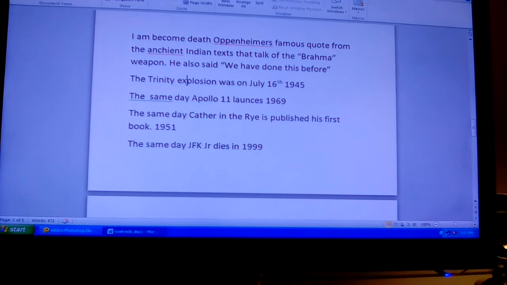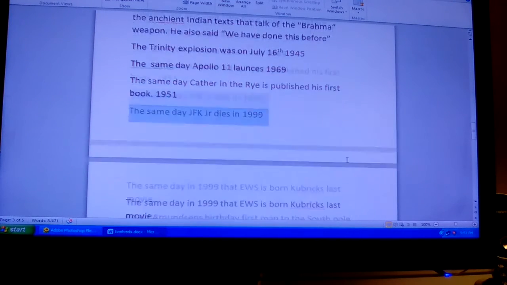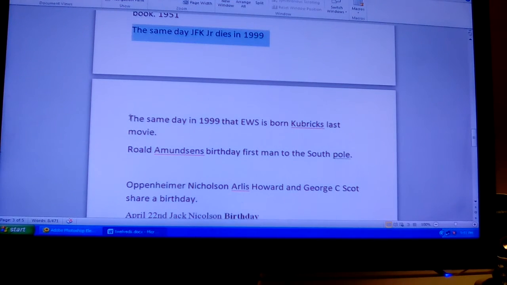The Trinity explosion was on July 16th, 1945. This is the date of the Apollo 11 launch. This is the day Catcher in the Rye is published. This is the day JFK Jr. dies in 1999. This is the same day, date, and year that Eyes Wide Shut is released, the same day JFK Jr. dies, just like his dad died on November 22nd, 1963, and